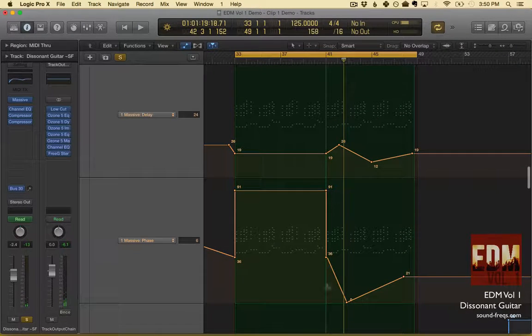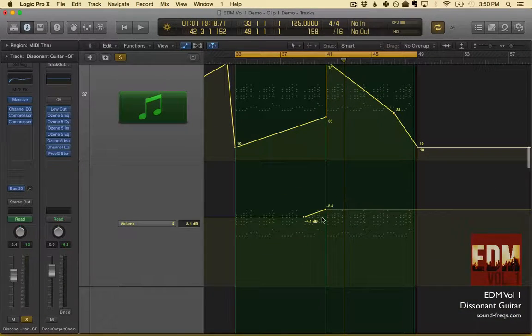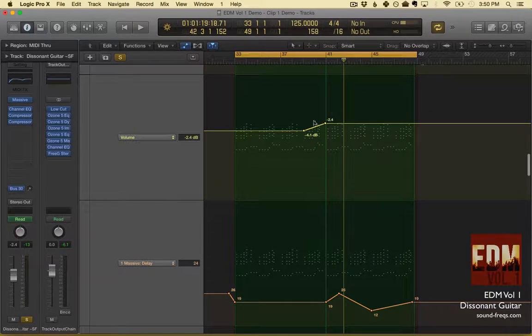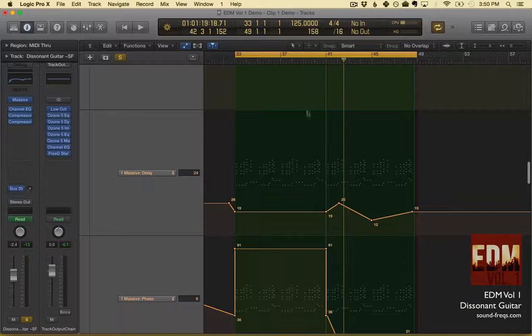I thought it might have been from the phasing, so when we get to the phasing we'll hear what that one does. Then we just have volume. I don't think I have to cover that. Just make it a little bit louder over here. Delay, really subtle here. I don't think I have to cover that really, but basically